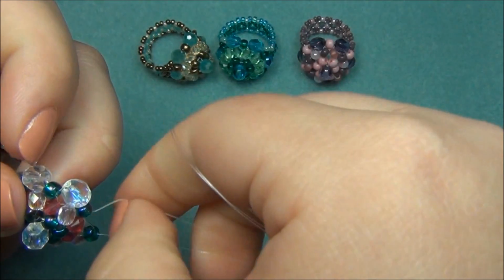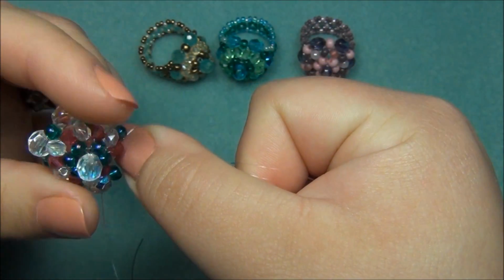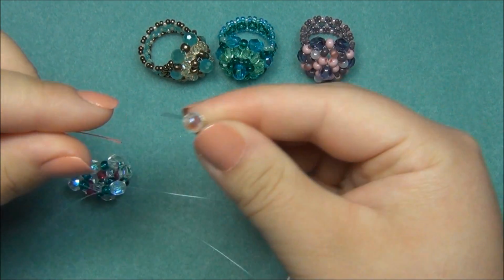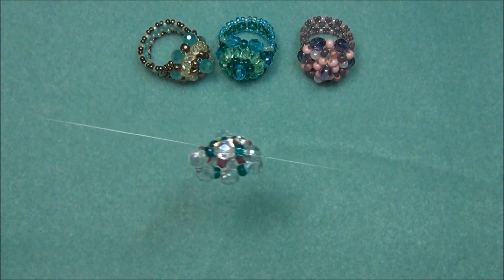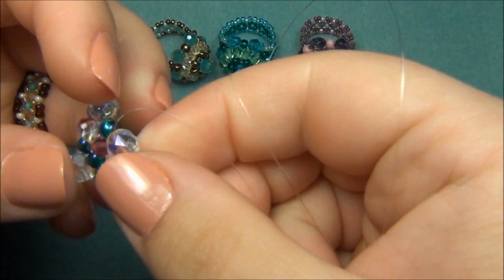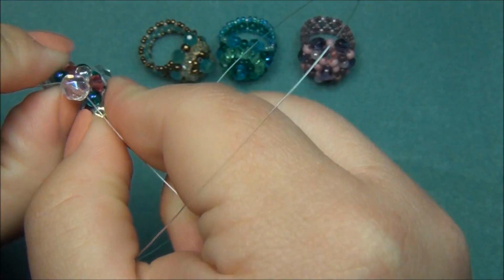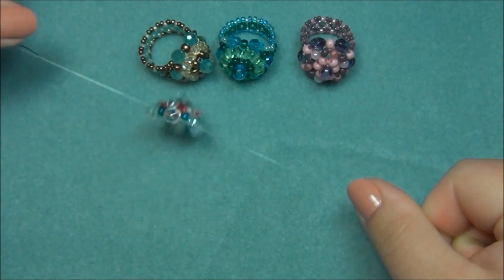Now I'm going to pull my strings tight and straighten up these beads. So it looks like this. Now I'm going to pick up my last one and cross through it. If any beads are going to the bottom, just press them up. Pull the strings tight and press the beads that are going to the bottom up. Pull as tight as you can,